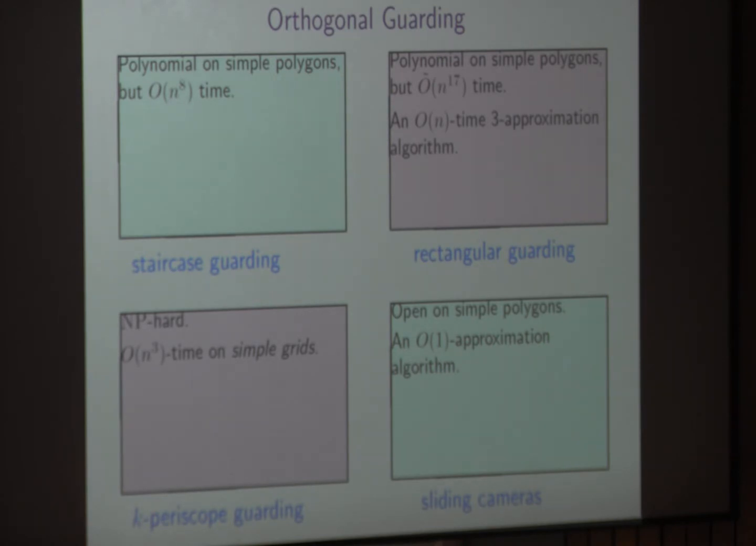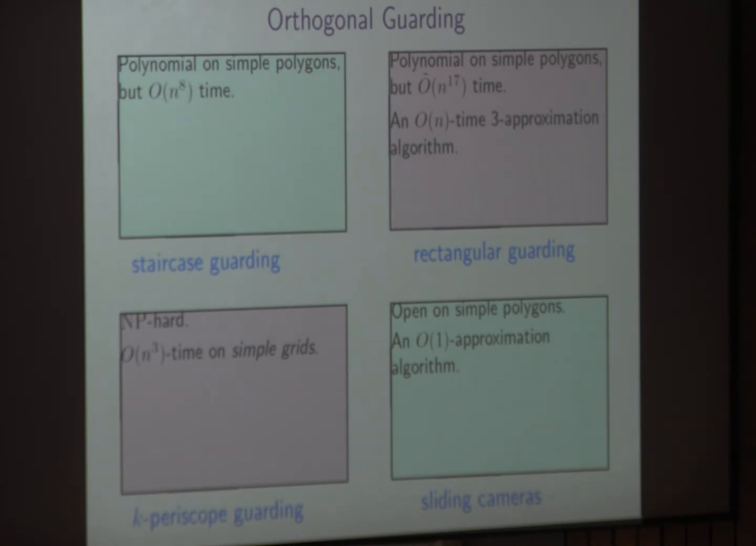And the sliding cameras, as far as I know as of today, it's still open for simple polygons. With holes, it's NP-hard, but it's open for simple polygons. However, there is a constant approximation algorithm for it. So we can get a constant factor. All right, so I've worked on guarding problems a bit, and then I was wondering how we can extend our